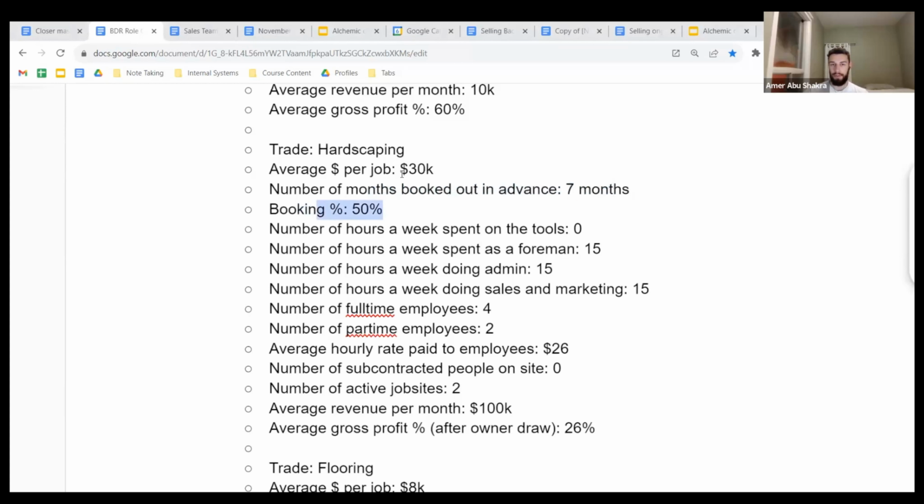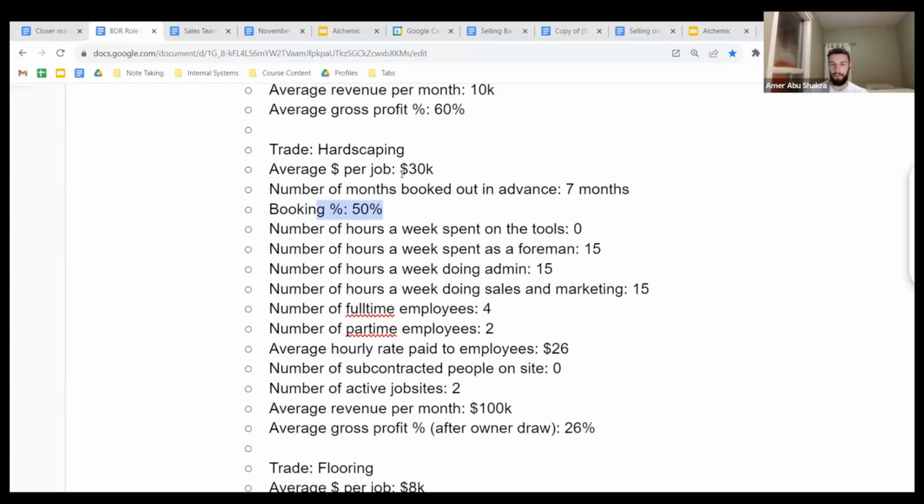But if this guy came to me, before we increase prices, I would say, look, you have all this money that you're sitting on, 7 months worth, and you just aren't finishing these jobs fast enough. You're finishing 3 jobs a month. If we are finishing 5 jobs a month, we can start getting through this cash faster with the same employees. So I wouldn't get him off the tools yet. He's completely off the tools. Like you see, we spend on tools 0. He's just a foreman, still involved in day-to-day.